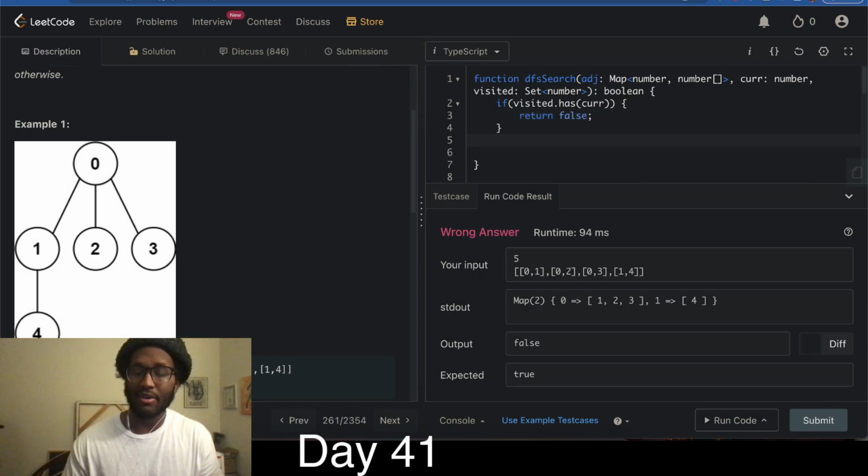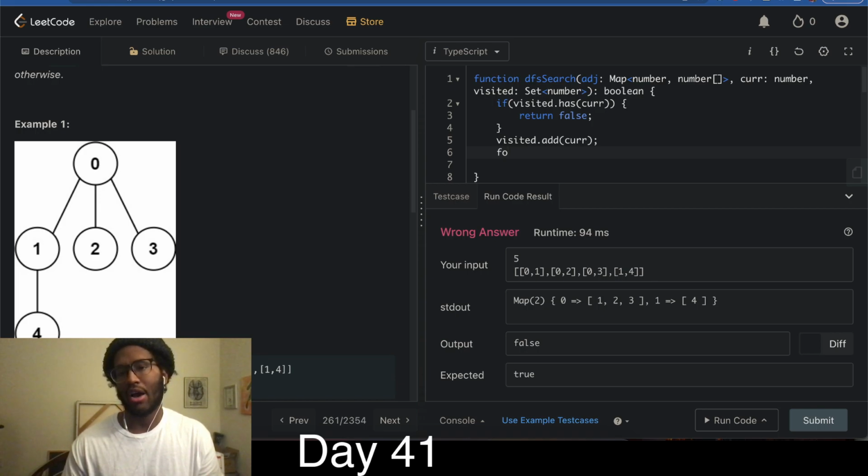Now, if it doesn't have it, what we want to do is visited.add cur, and then visit all of our neighbors, which is going to be all of the values in this array for this particular index. So our neighbors are going to be equal to map.get of cur, and we're going to do for each